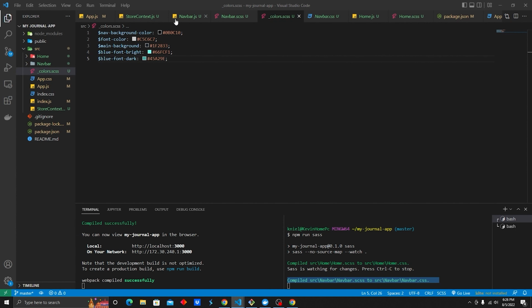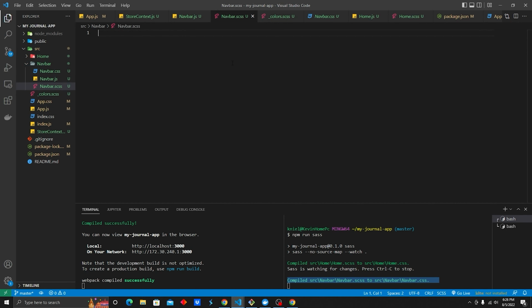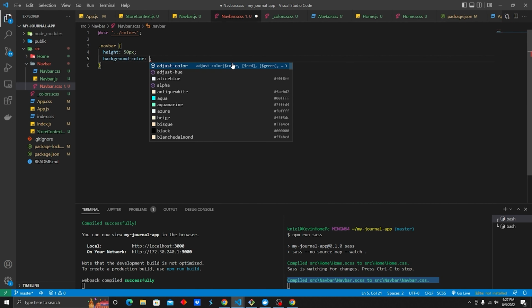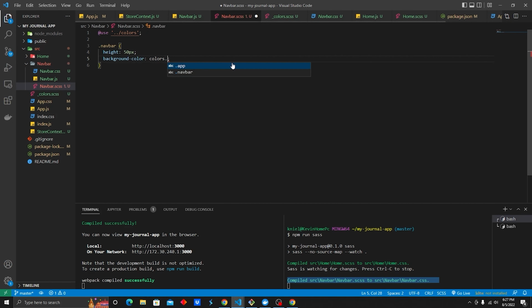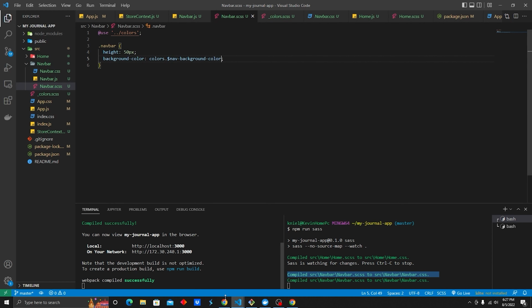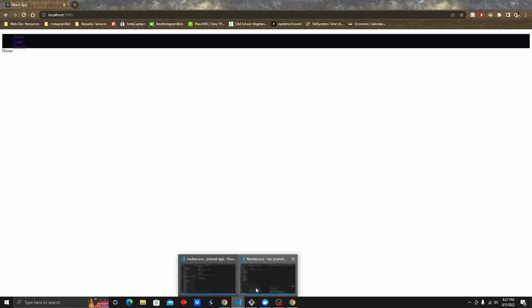We're going to now go back to our navbar.scss. We're going to do @use, and we're going to navigate to our colors. And then we're going to do navbar and make some stuff for it. So we'll have a height of 50 pixels. We'll have the background color of colors dot nav background color. So I mean, just this right here, we can see already our nav background color is being imported from our colors